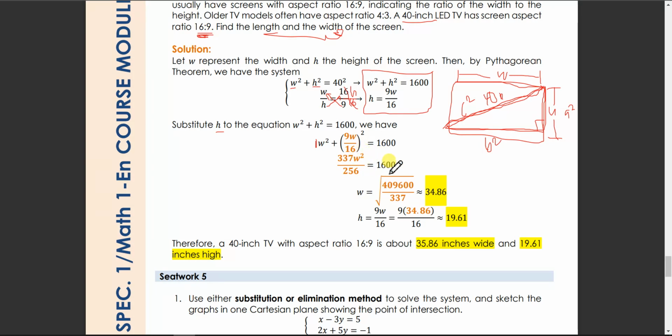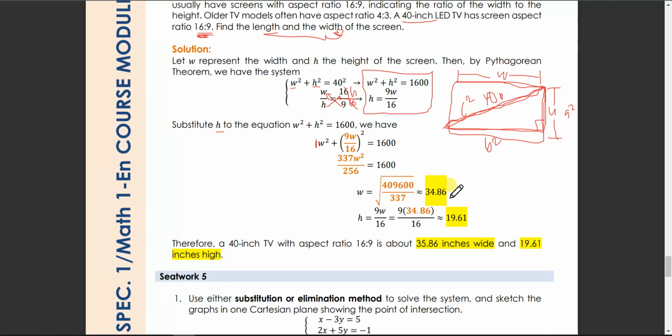That is equal to 1,600. So you multiply this 256 by 1,600. 256 times 1,600, that is 409,600 kani. Then you divide by 337 to get our w squared. Then we are going to take the square root, kay naka w squared man eh. So square root niya, so that is approximately equal to